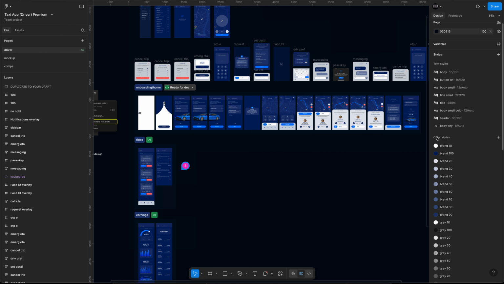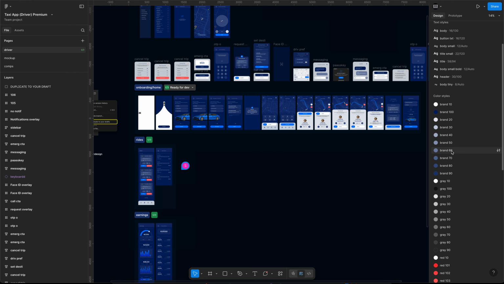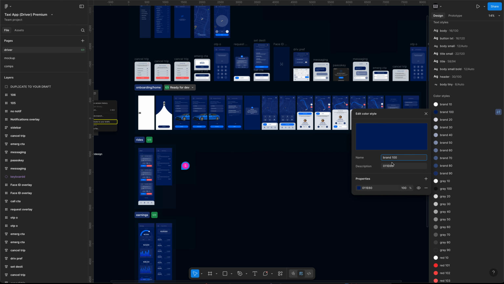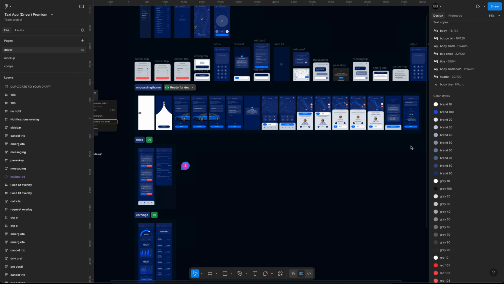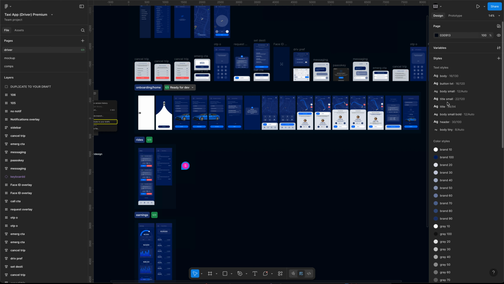are linked from these color styles here. So you can, if you change any of these colors like this from here, it might affect some of the elements here. So you can do that if you want to change any of the colors that are linked to the color style. But the main primary colors, most of the colors used in these designs, you can find them in the